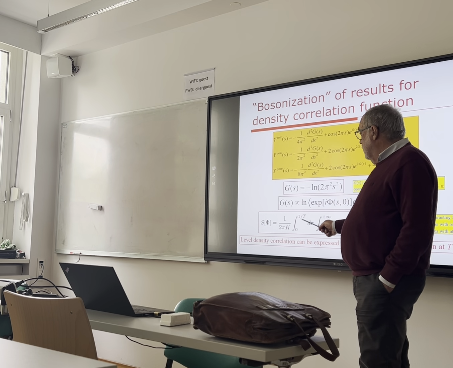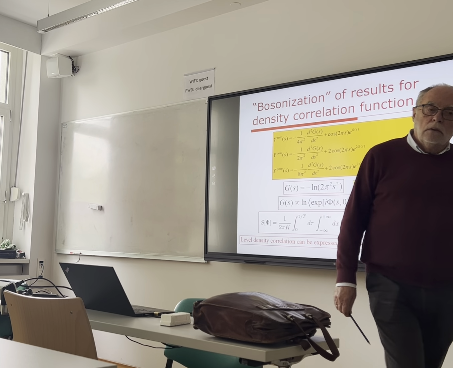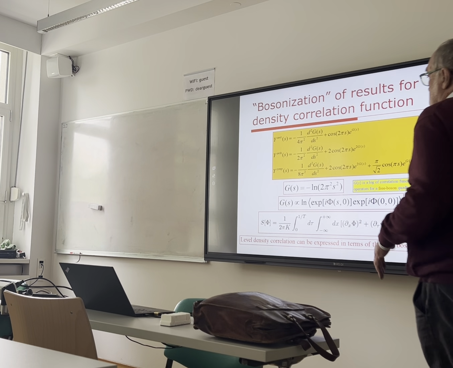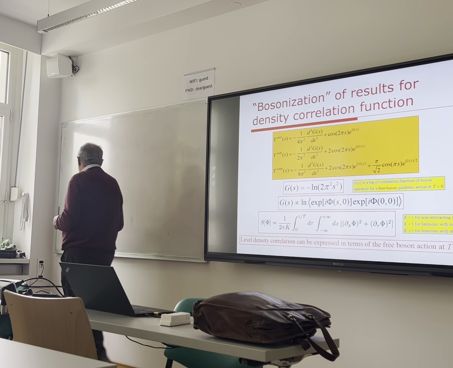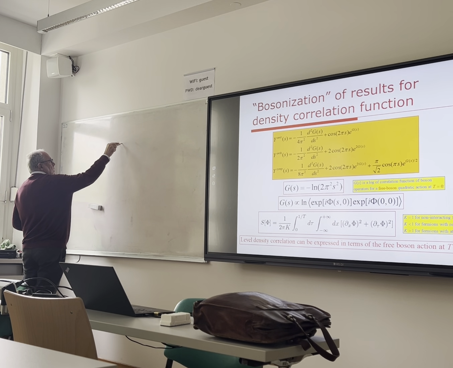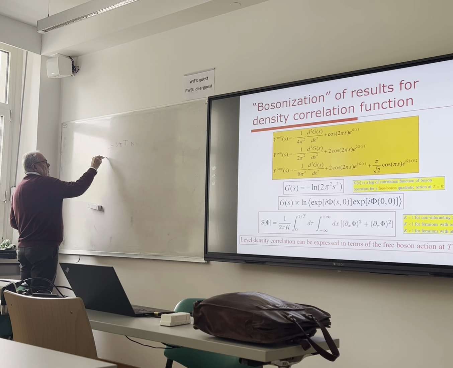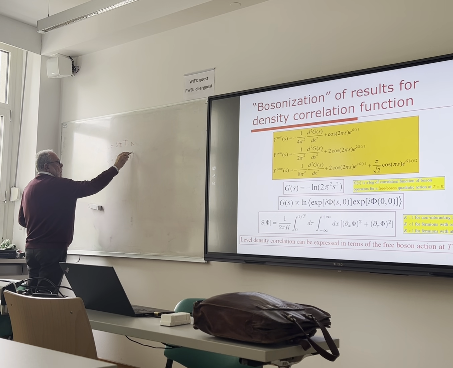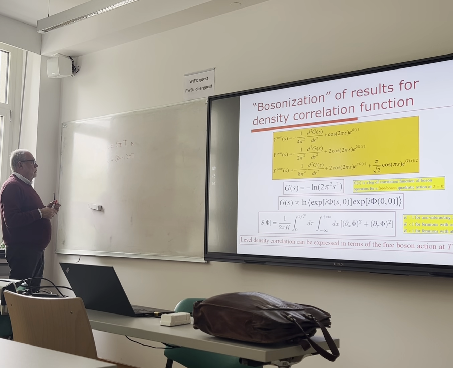If your time is restricted, that means that your frequency must be quantized, and so appears the so-called Matsubara frequency, which is 2 pi T times n for bosons, and for fermions it is (2n plus 1) pi T. So in this way you can